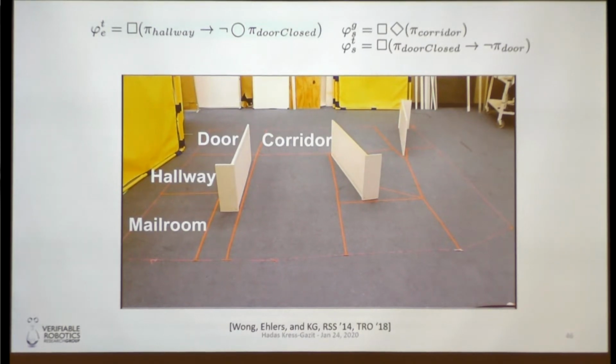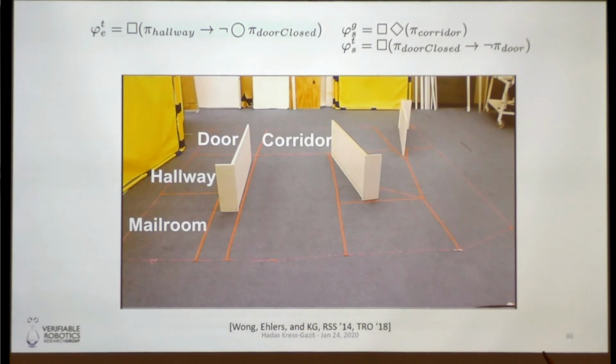So we have a robot, and the task is fairly simple. This is part of the specification on the top. Let me start with the right-hand side. I want to go to the corridor. I'm going to start in the mailroom and go to the corridor. Very simple. My safety specification is if the door is closed, I cannot go to the region marked door. Don't crash into the door, basically. That's a safety. There's a door that can show up where it says door.